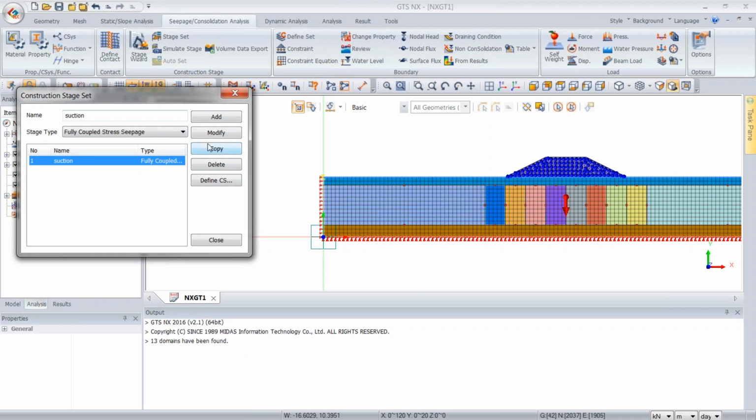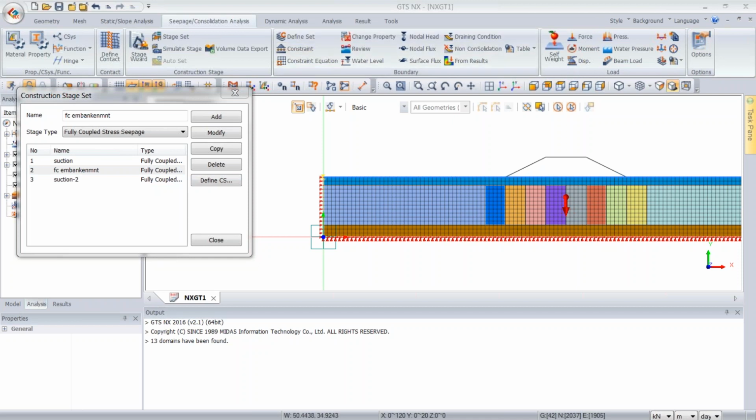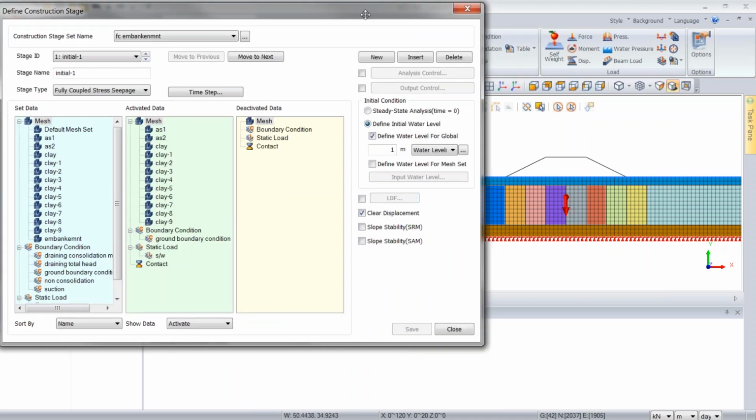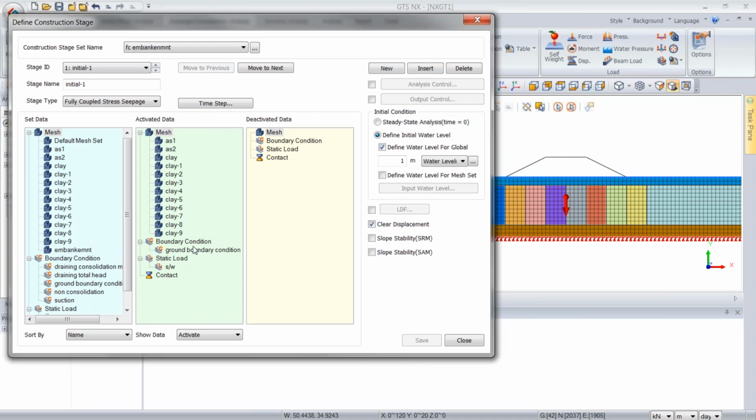But the program also allows you to create copies of what you've already defined, and then you can just go back and modify whatever it is you need to do. So for instance, this will be the fully coupled embankment case. So I'm changing the name first here to modify, just so that it's easier to keep track. And then once I've done that, I can click it and go to define. And we see that it's saved the information from the previous